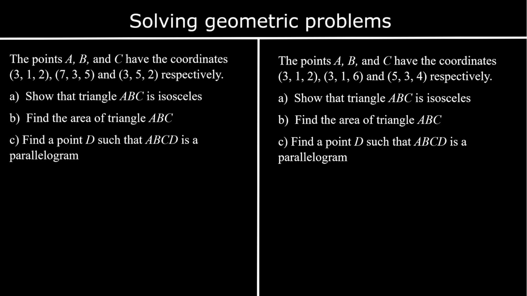Another question. This time we've got 3 points, A, B and C. And we need to show that the triangle ABC is isosceles. If it's isosceles, it should have 2 equal lengths. So let's find the lengths of AB, BC, and AC. So the length of AB